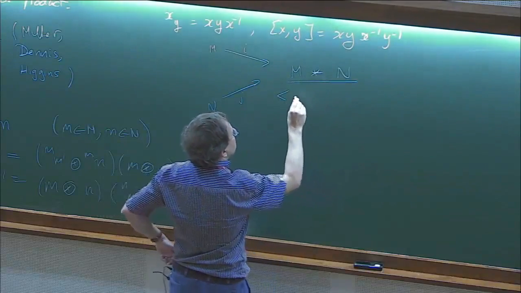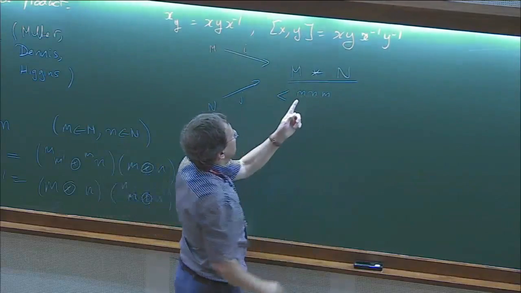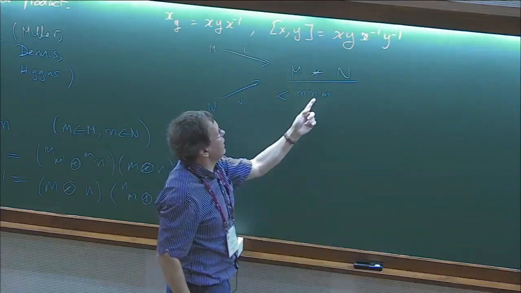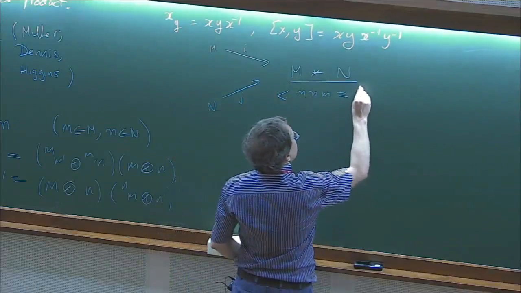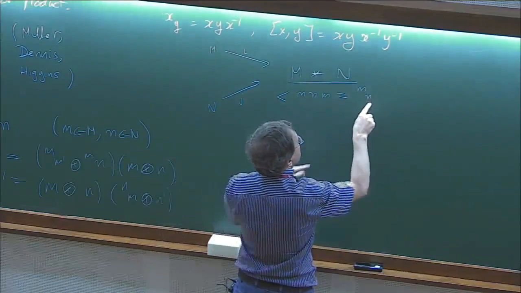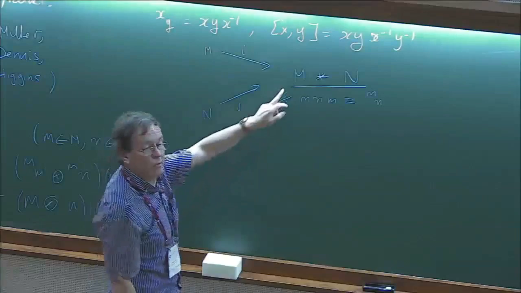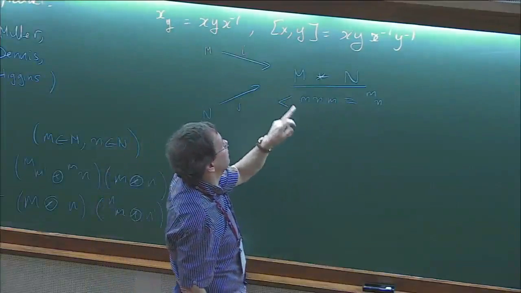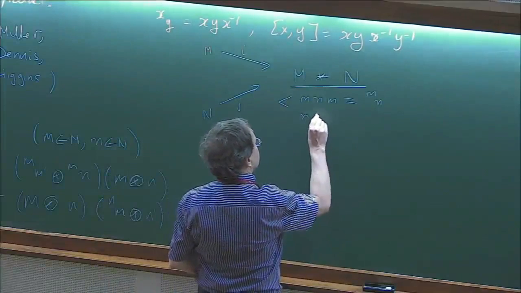I don't know how to write this. So let me say, I take m, n, m. M is in this copy, n is in that copy, and set it equal to the element n acted on by m, where the action is in G. So this element lies in this copy. And likewise,